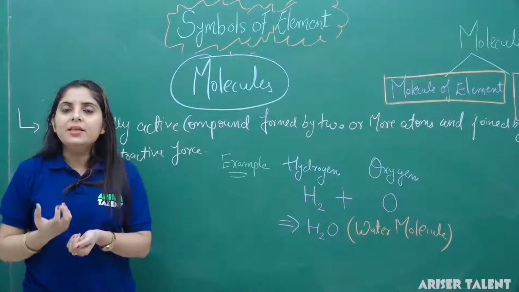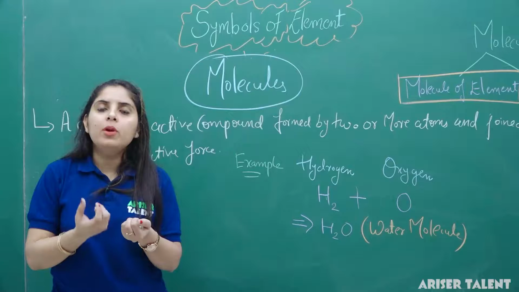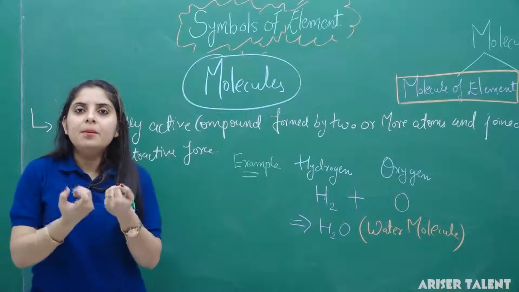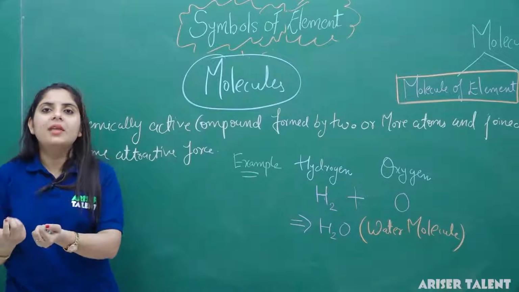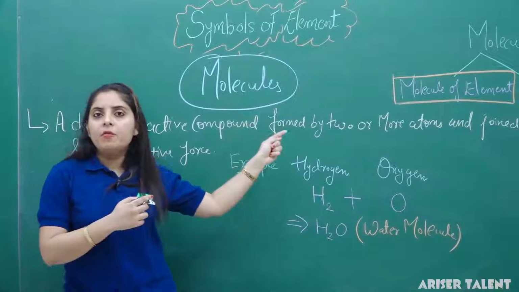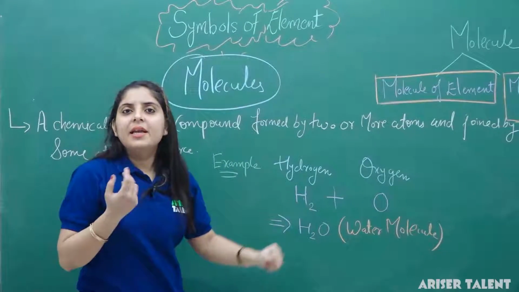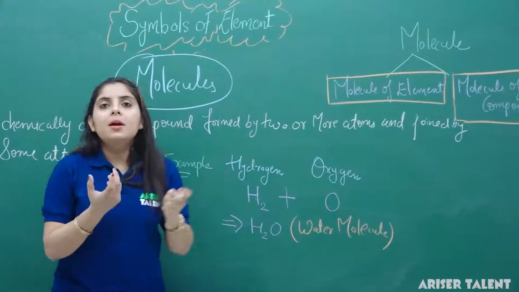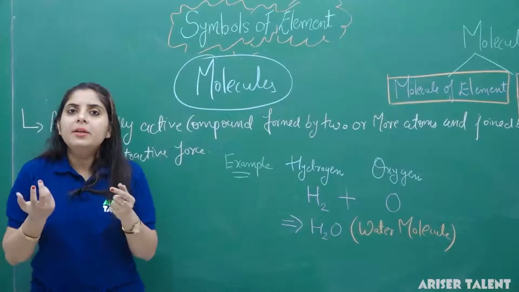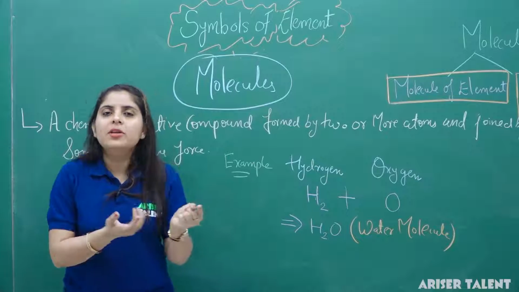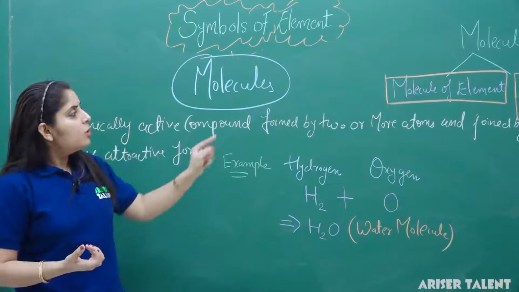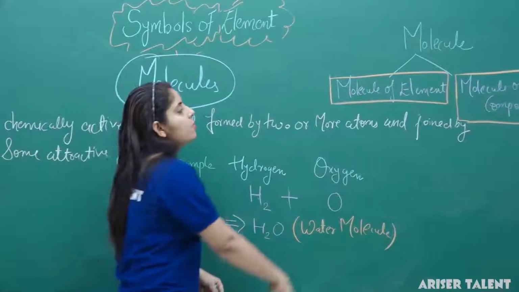So what actually is the molecule of an element? A molecule of an element is the combination of two or more atoms of the same kind. It means if hydrogen combines with hydrogen, we have the same kind of atom and we term it a molecule of an element. Now the second category, the molecule of a compound. Compounds are formed by the combination of two or more atoms that are different. It may be one of hydrogen and another of oxygen. So they have different combining capacity. These are termed molecules of a compound.